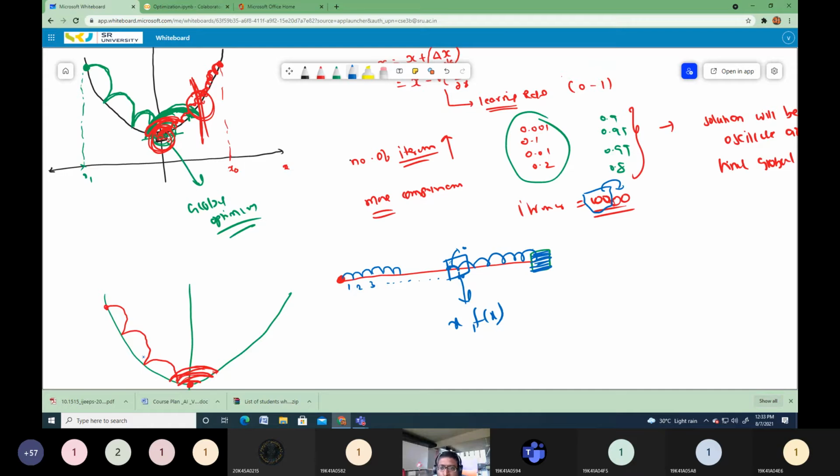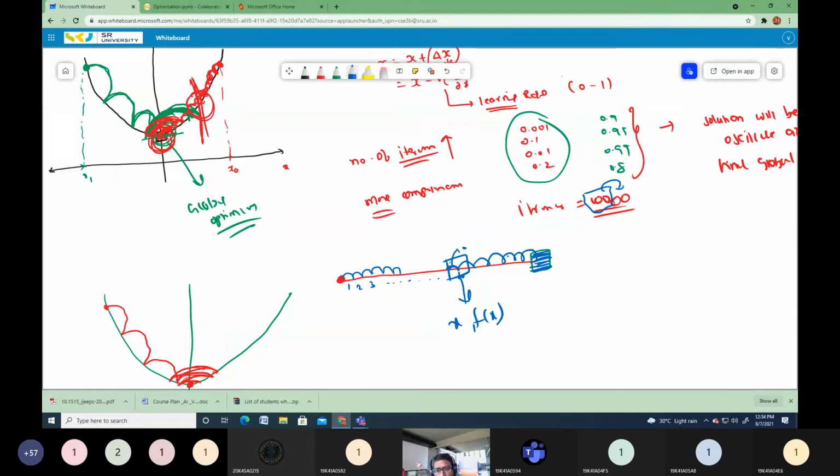If the learning rate is very small, the step length will be very small, so it will take more iterations to reach the global optimum point. At the start of your iterative algorithm, if you choose a very small number of iterations and a very low learning rate, then you never reach your global optimum point. Because you are choosing a very small learning rate, definitely it will take more iterations to reach your global optimum point. But if you set itermax to a very small value, your algorithm will come out of the loop once it reaches the maximum number of epochs, itermax equal to 100. You will not reach the global optimum point.